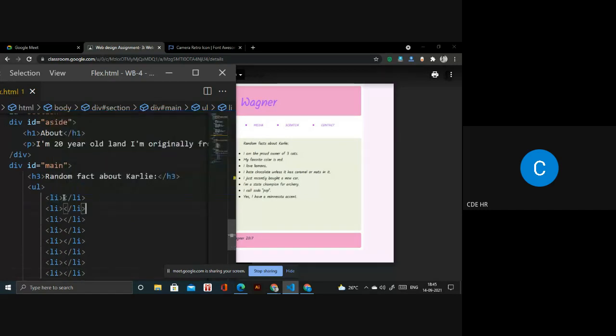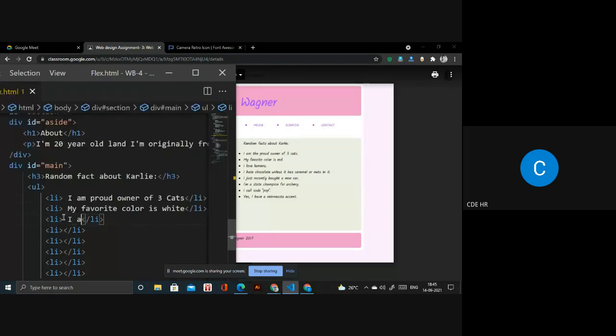So next thing you have to write: I am proud owner of the cat. Whatever content is writing inside that. Okay, right. My favorite color is it.